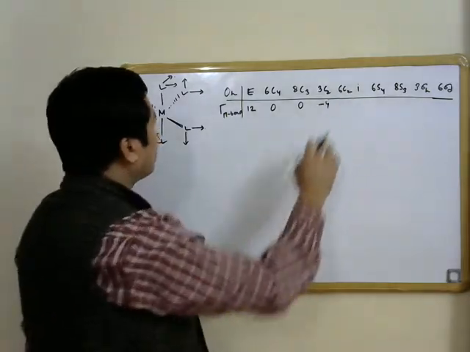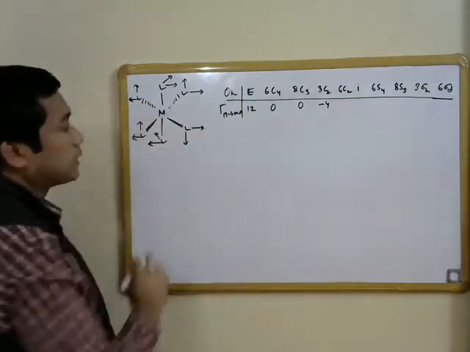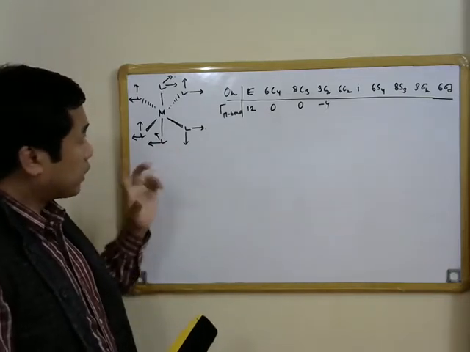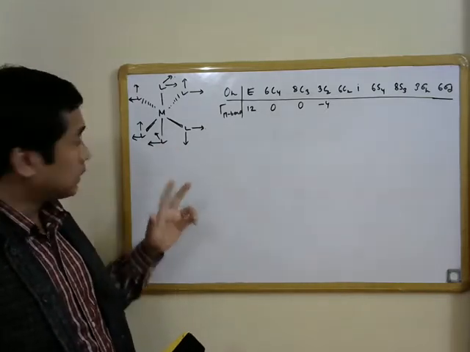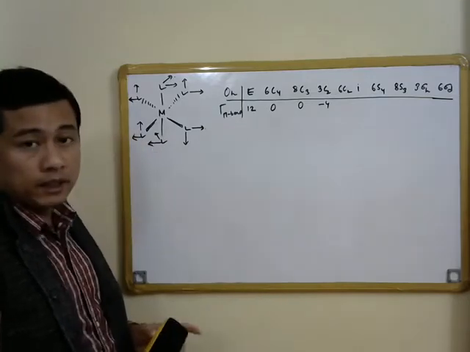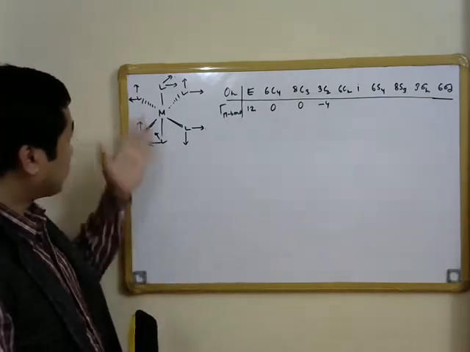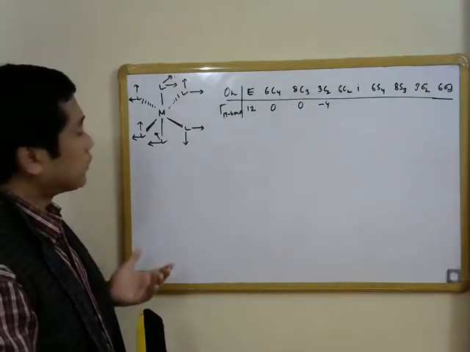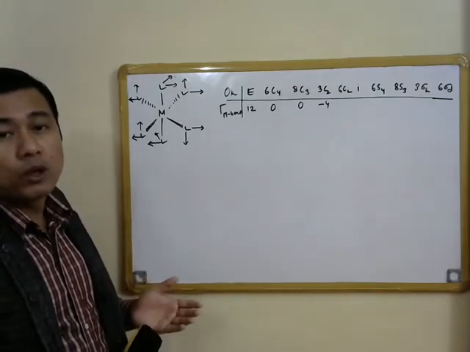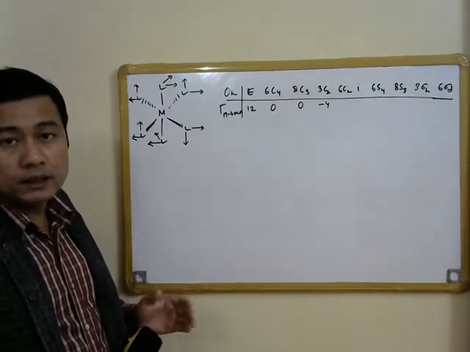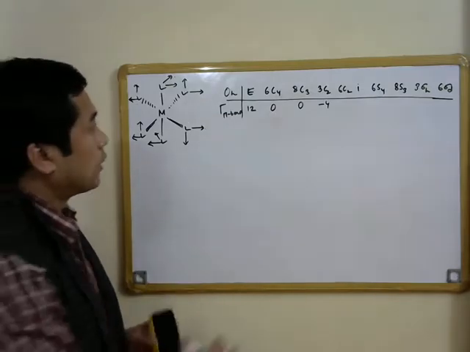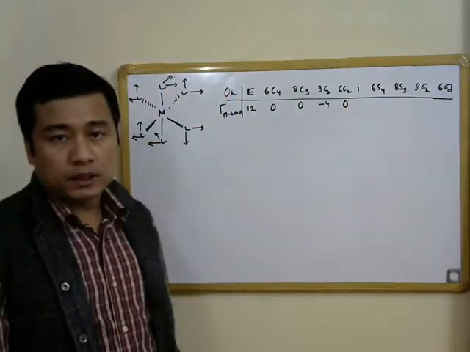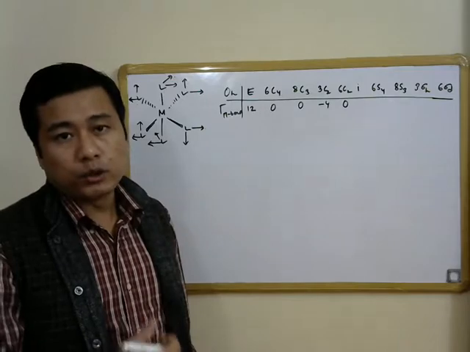Now these C2s pass through or bisect the sigma h planes. There are 3 sigma h planes, and there are 2 such C2 axes which bisect the sigma h planes but do not pass through the ML bonds. When we perform this C2 operation, we see once again that all the metal ligands are going to change position. The total character, that is why, is equal to 0.